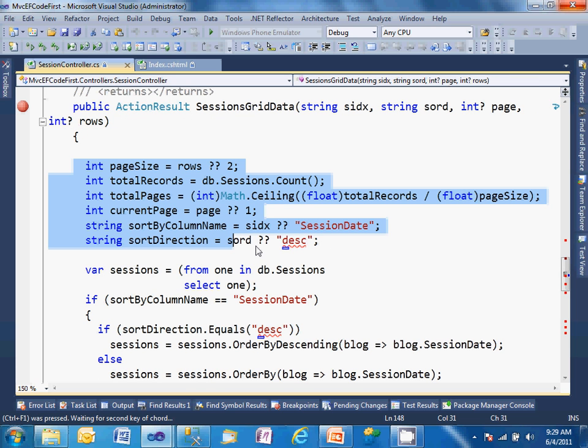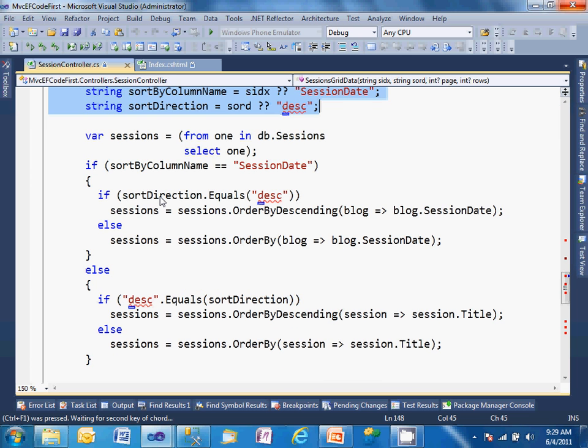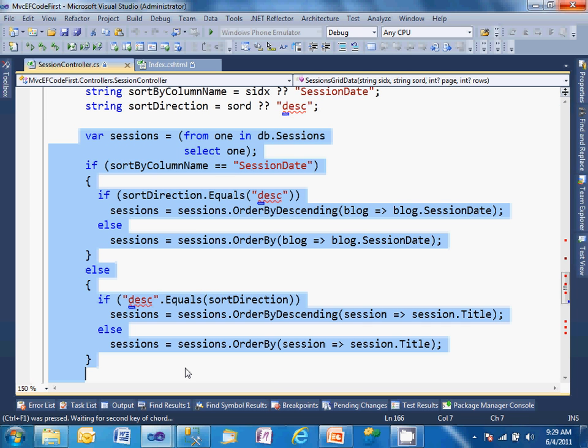So I have to deal with some sorting. I want to know how many pages I'm going to have, so I have to retrieve the total count of my table, not really all that interesting. Then I'm creating a query based on my sort direction. There is a LINQ library on Microsoft Code that allows me to create string-based